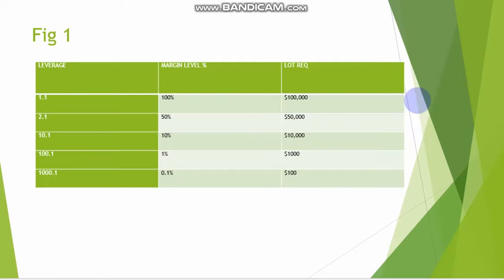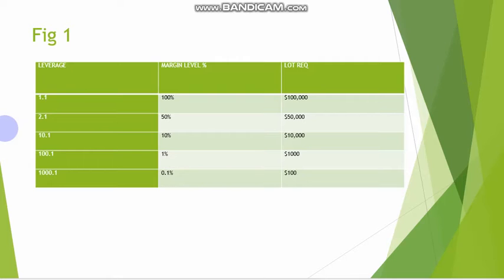So it's very simple. If your broker gives you a leverage of 1:1, that means you require 100% margin, and the money you require is $100,000. That means if your broker is giving you just 1:1 leverage, for you to trade $100,000, you need to deposit $100,000, exactly the amount of money. They don't borrow you any money. If you have a broker that is offering you 2:1 leverage,